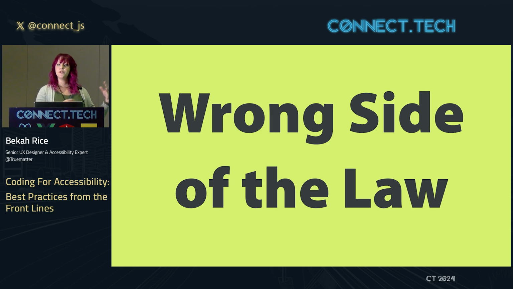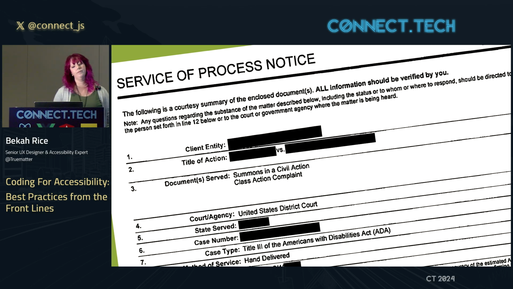So for a while, this was still something we all talked about and should have cared about, but it was a little under the radar until 2019. Some might argue earlier. In 2019, the Ninth Circuit Court held up an ADA lawsuit against Domino's, of all people, saying that those ADA laws apply to services of a place of public accommodation, not just services in a place. So that means you don't have to worry just about having an accessible building, having wheelchair ramps and accessible bathrooms. You have to worry about it for your website as well. So this set a huge legal precedent that now means any one of us working for any company could see a lawsuit at some point regarding accessibility of our digital products.